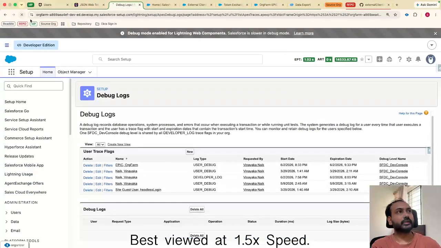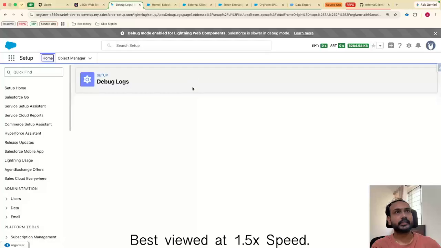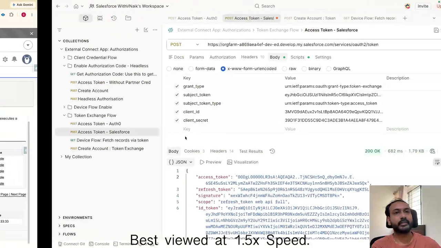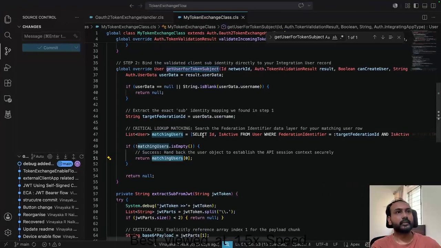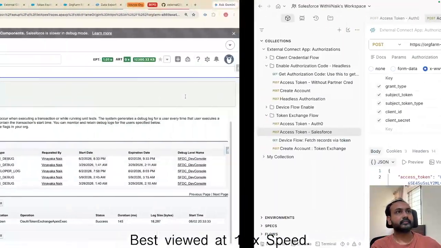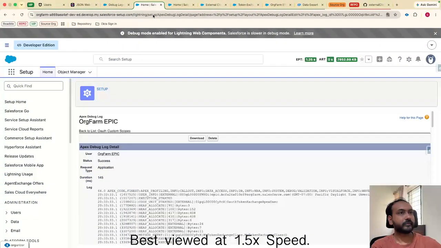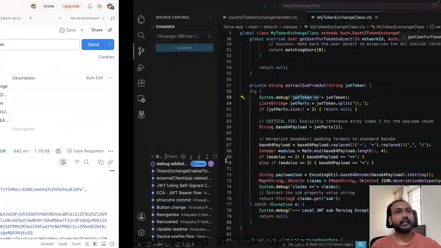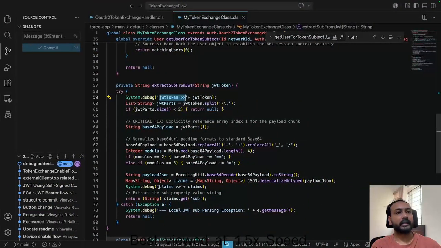Now I got the access token, but I just want to show behind the scenes in the debug log, where I can clearly show you how the claim has been deserialized. So let me take the debug log here. You can see the same incoming token is being captured, whichever we are passing from the subject of our Postman request, and then it has been deserialized, right? And then the claims I'm going to print here,